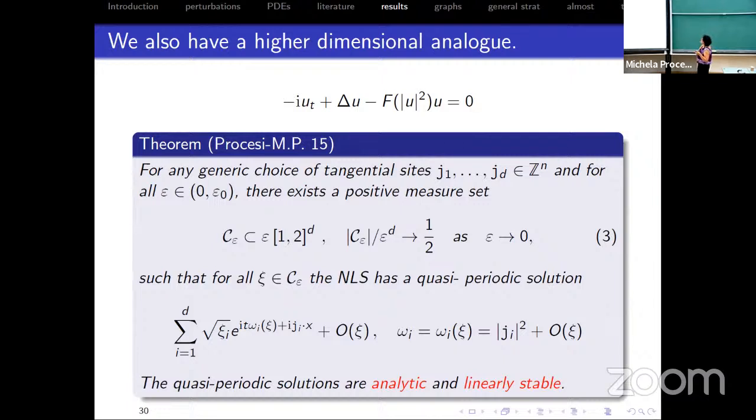So this is a result with my father, Claudio Procesi, that's the second Procesi. And I must say that a similar result without the linear stability was also proved by Wei-Min Wang more or less at the same time. And